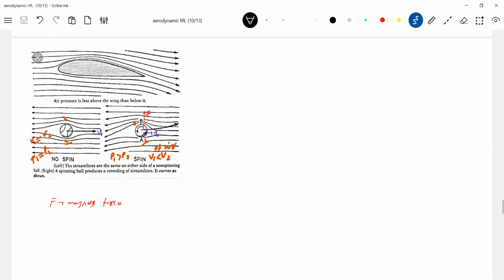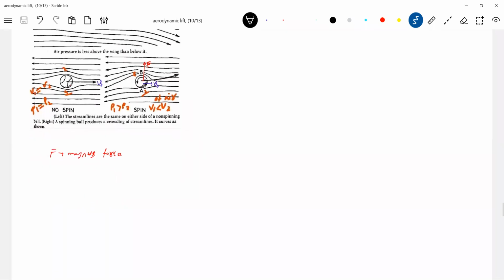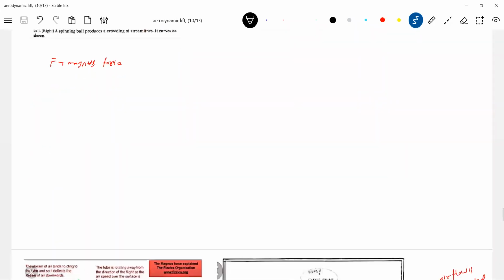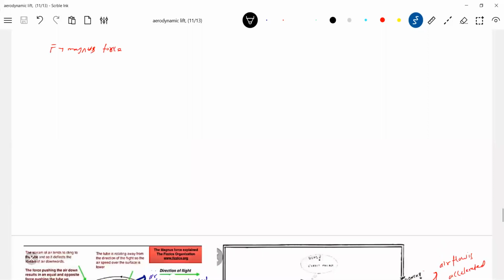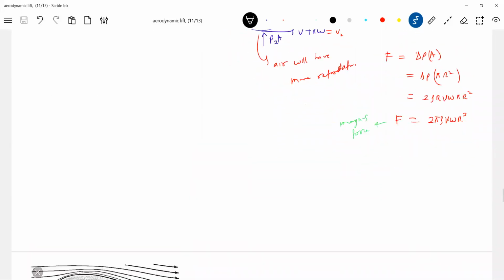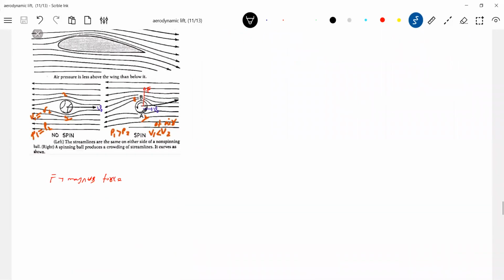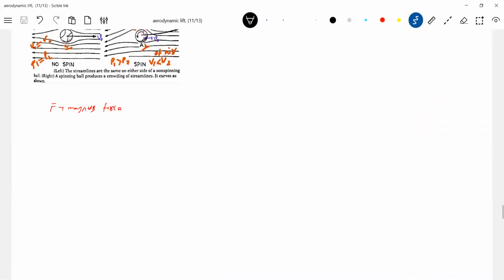So exploration of science is very important. If you don't think on science, not possible. Science is not gathering information. I think I already wrote a comment somewhere: science is not about gathering information and facts. Science is all about thinking on it, how it will come, what it should come. So if your teacher discusses more numericals, he's not a good teacher. He's a very, very bad teacher. This I'm making clear. Okay, now aerodynamic lift.